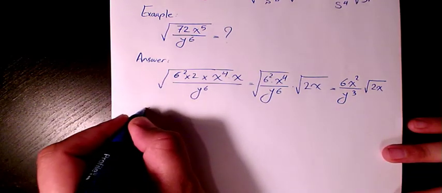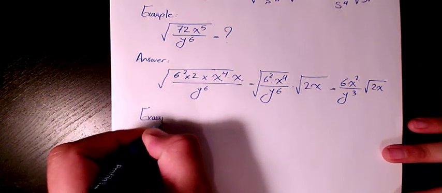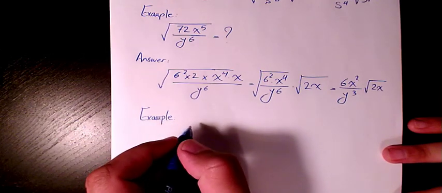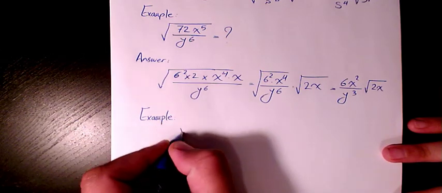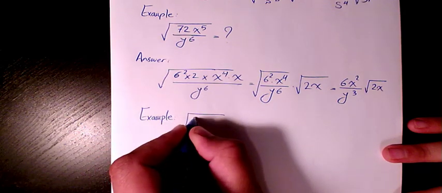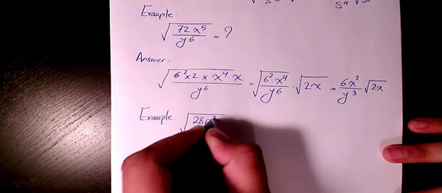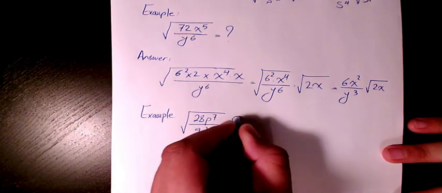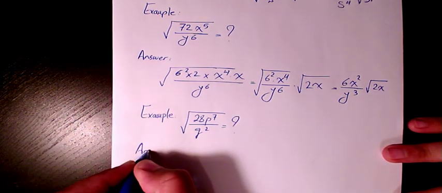Next example is the square root of 28 p to the power of 7 divided by q to the power of 2. Answer: